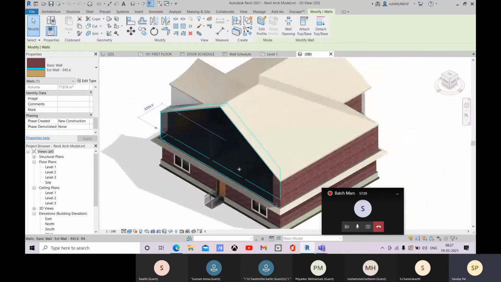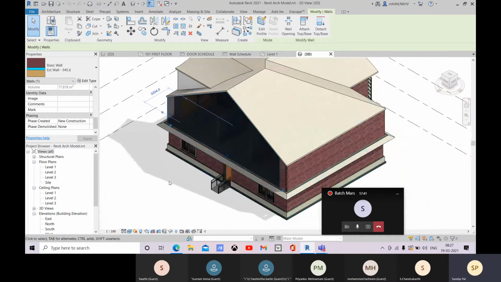All right, so for this one I'll select this as existing.